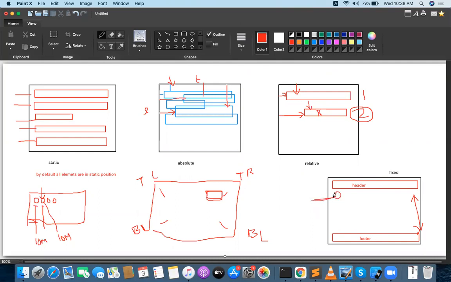It will not be relative, or disturbed by the elements, whatever content you have in the body. Even the header is not getting disturbed, and the footer is also not getting any disturbance from whatever content is available in the body. Those elements are getting fixed. That is a fixed position. I will explain the fixed position very clearly, and I will give you a lot of examples, then you can understand everything very clearly. Is everything okay? Fine with the box model concepts and positions?